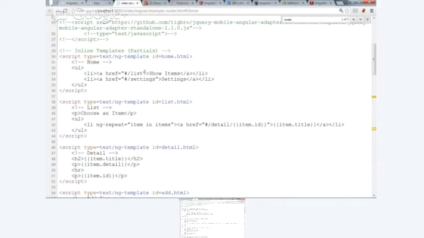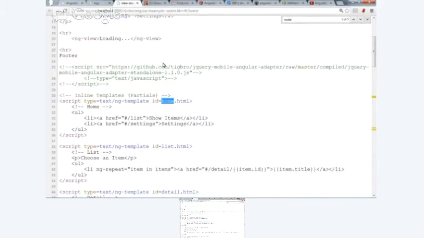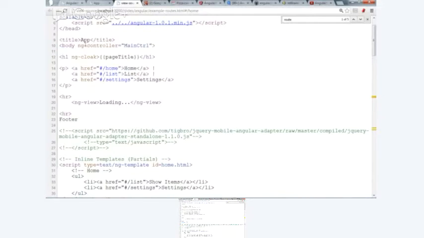If we then look at the templates, here's a template for the whole page. There's the page title, which gets set each time by my page service.